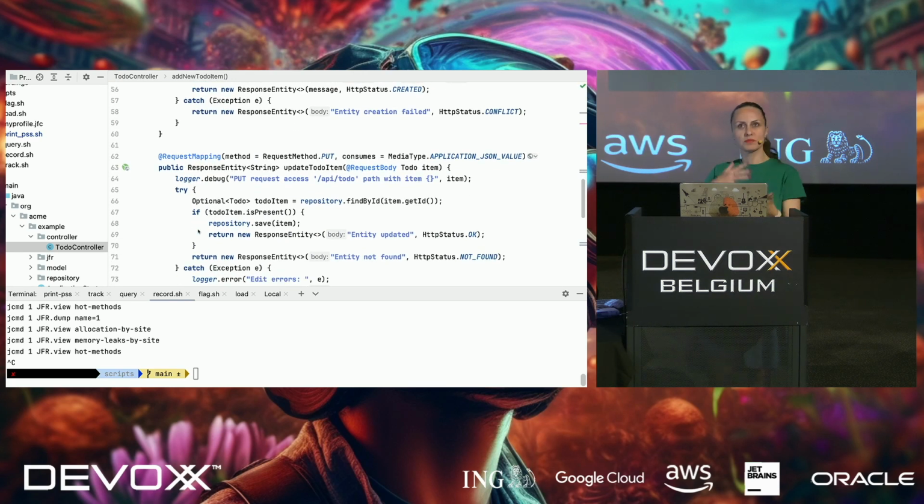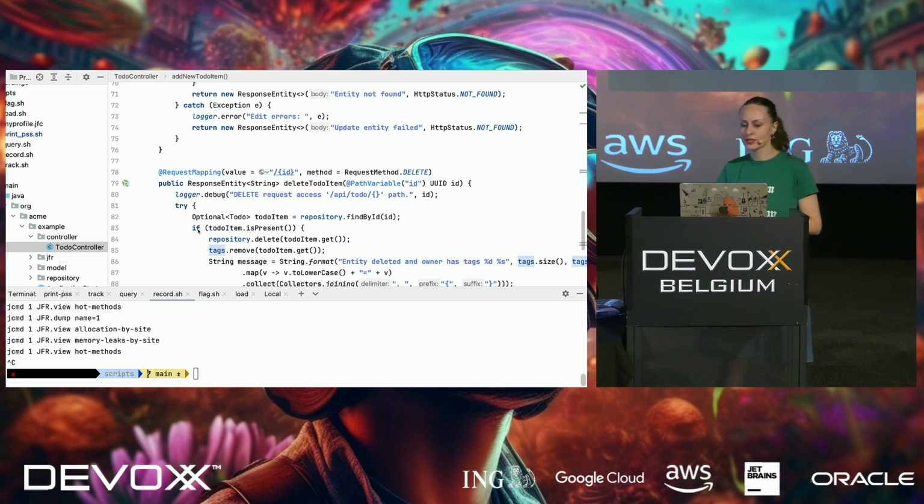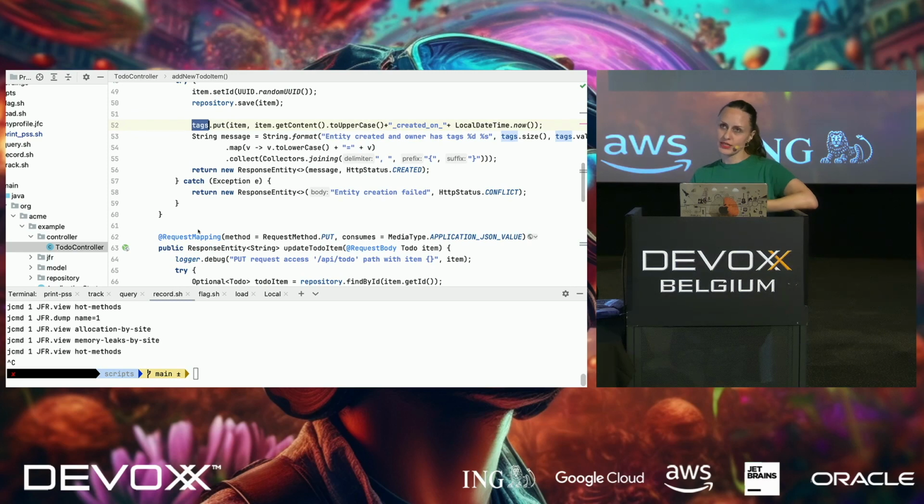But I'm just updating the item. I don't care about what I did with the tags anymore. And if I'm going down in the remove part, I'm deleting the item, but then I'm removing the tags as well. So what happened? What happened is, when I'm saving my tags, every time I'm doing put with the